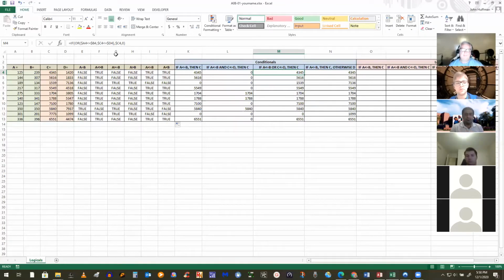Now I've got, if A is less than or equal to B, make it C. Otherwise, make it D. So now I'm saying that my false part is going to be something other than 0. It's going to be my else, in other words, my otherwise. If this is this, then this. Otherwise, it's this. Simple to do in if statements, right?